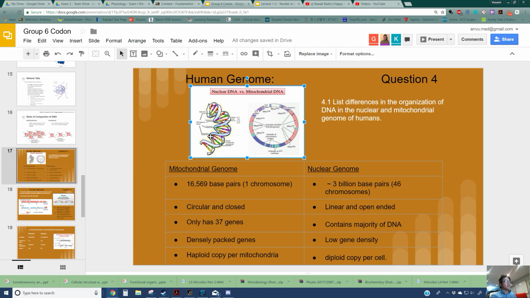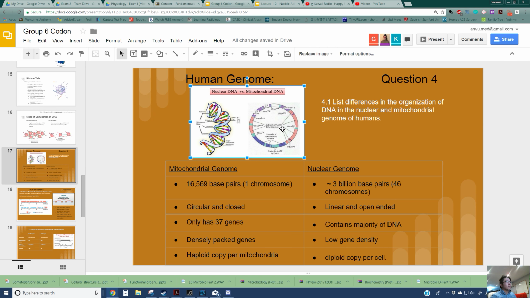that in the nuclear DNA, you're going to see that there's more base pairs, it's linear, it's open-ended, and it basically contains the genetic makeup of a human being, containing more than 20,000 genes. But in mitochondrial DNA, you can see here that it's circular, it's closed, and it only has 37 genes. Specifically, in those 37 genes, there are 2 rRNAs, there are 22 tRNAs as indicated in the green strands, and